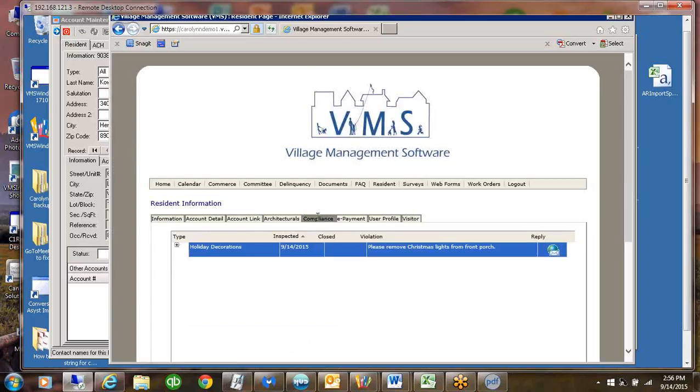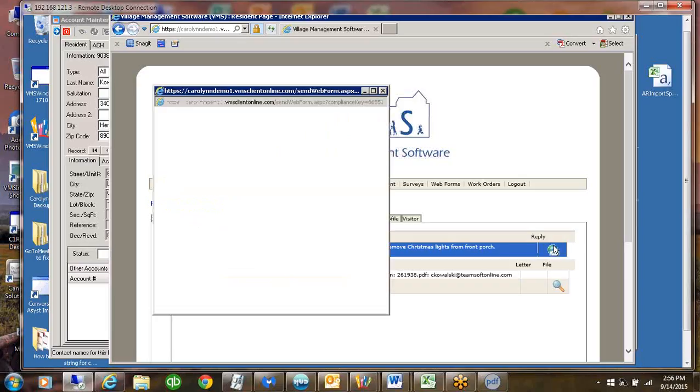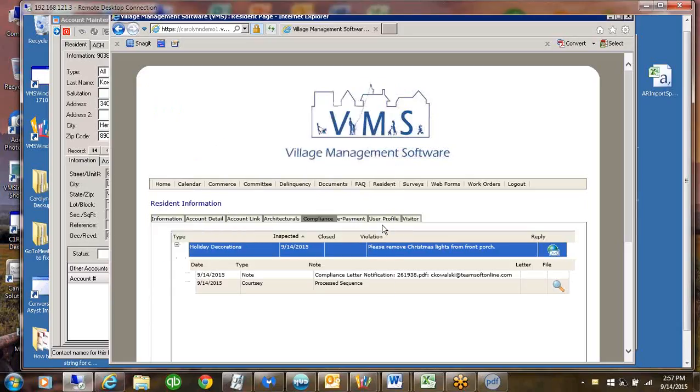This one was set up so they could see compliance. There's the holiday decorations. They could go in and pull up the letter, and they can even reply. So they could come reply and say, and send. Okay, who's going to get the email? The manager